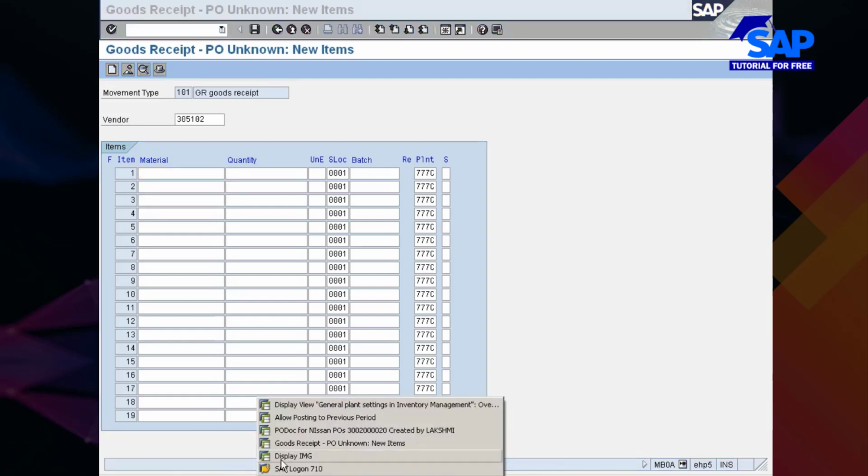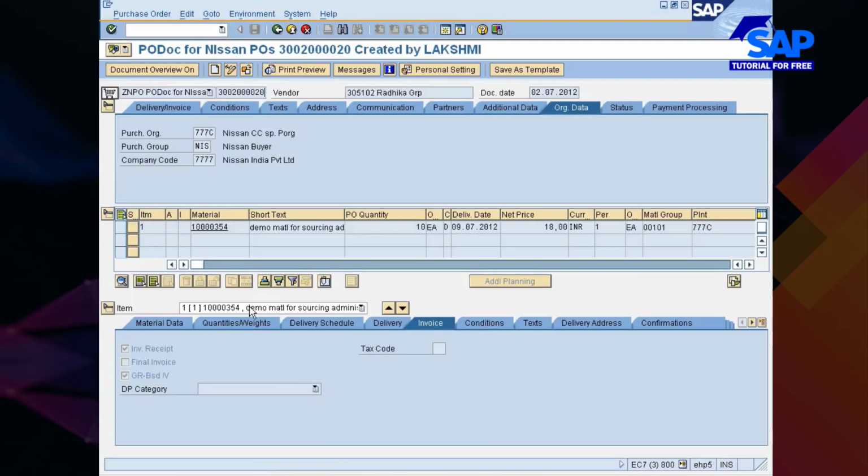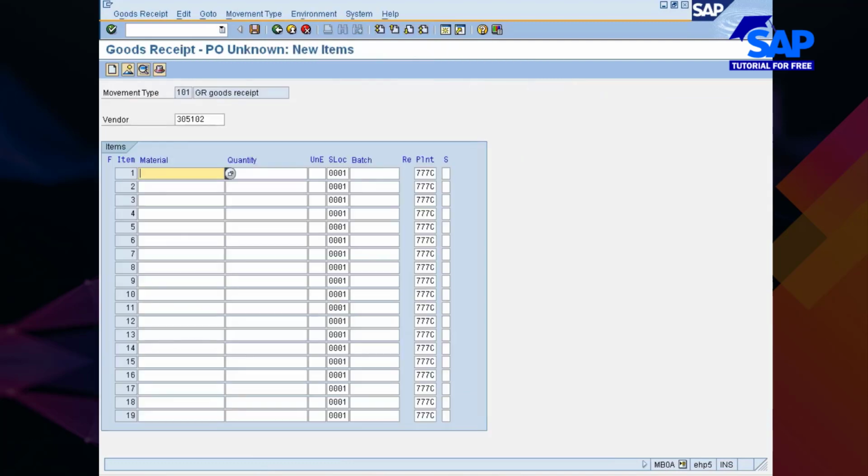What is the material number? This one, right? Quantity of 17. Now you see I'm hitting enter. You would see some message: PO will be created automatically, or something like that. You see there is a column called batch. Here, if my transaction is successful, in the batch field I should be seeing the PO number. Not now, but once the goods receipt is processed successfully. So let's wait for a couple more minutes so that it gets completed.